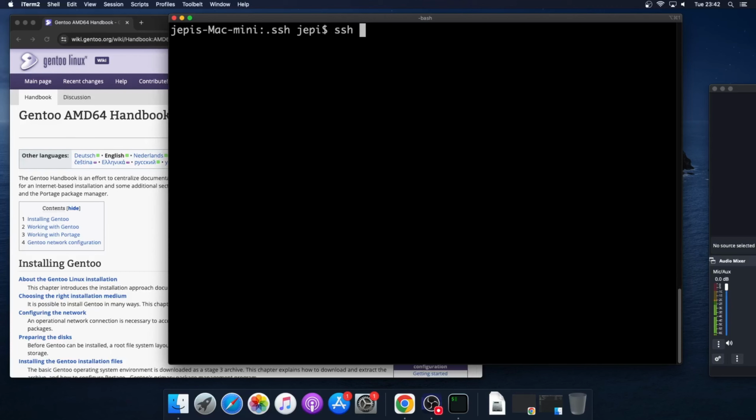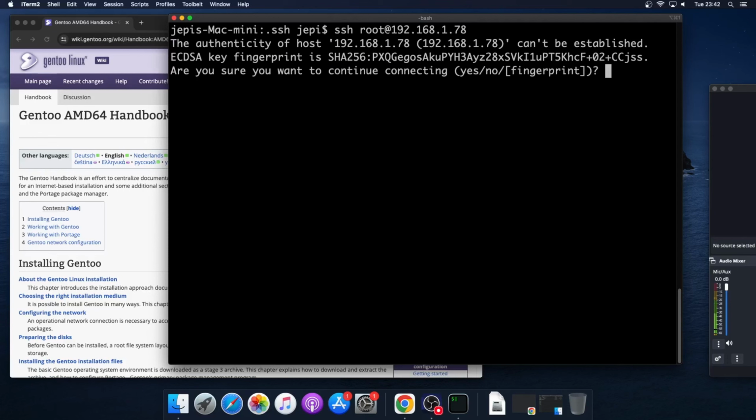So ssh root at 192.168.1.78. Okay, so now it's asking me for confirmation if I want to connect. I say yes. It's asking me for the password, 1234,